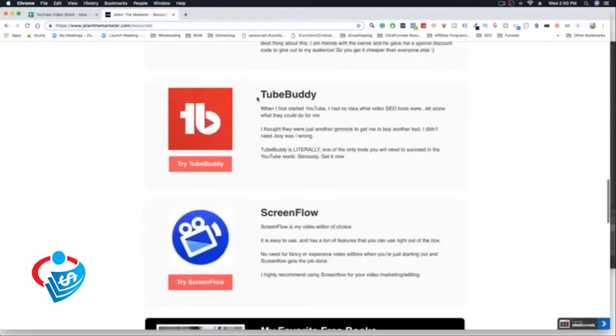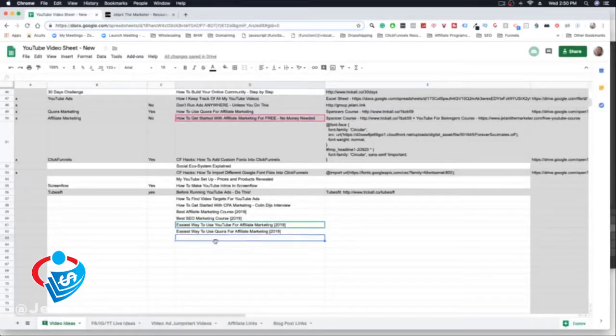So for example, let's say TubeBuddy here, okay? TubeBuddy has a lot of functionality to help people with their YouTube SEO, right? And it's a really great tool. But with that functionality, there comes a lot of points where people may not understand certain things. Therefore, I can go in TubeBuddy and extract certain things, right? And then I can come back to my YouTube video organizational sheet and make a title, make a topic, and then plug my affiliate link.